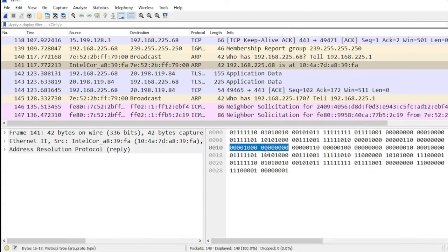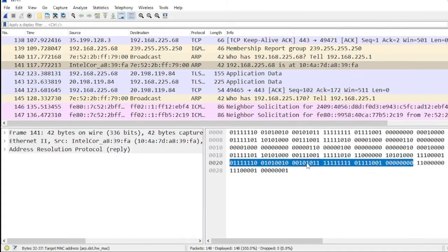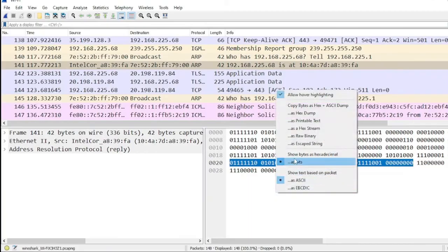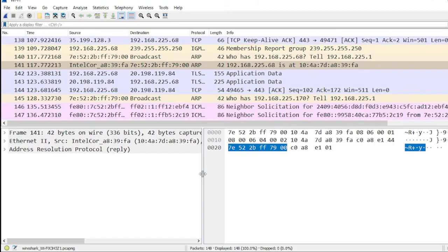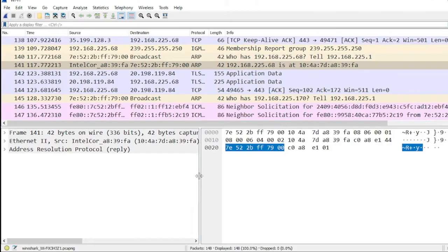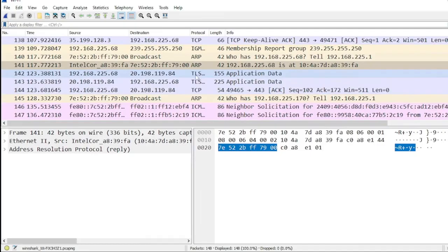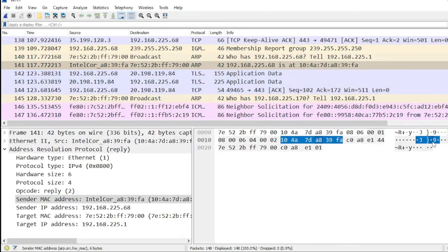Now, as you can see, information is in raw binary. I'm gonna revert back to the hexadecimal format because it is a little more presentable than binary. And if your packet contains plain textual information, then that information will also be displayed here as it is in